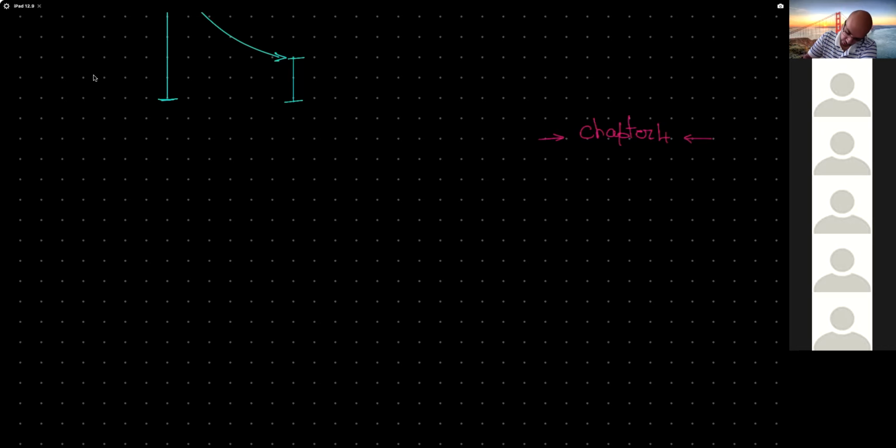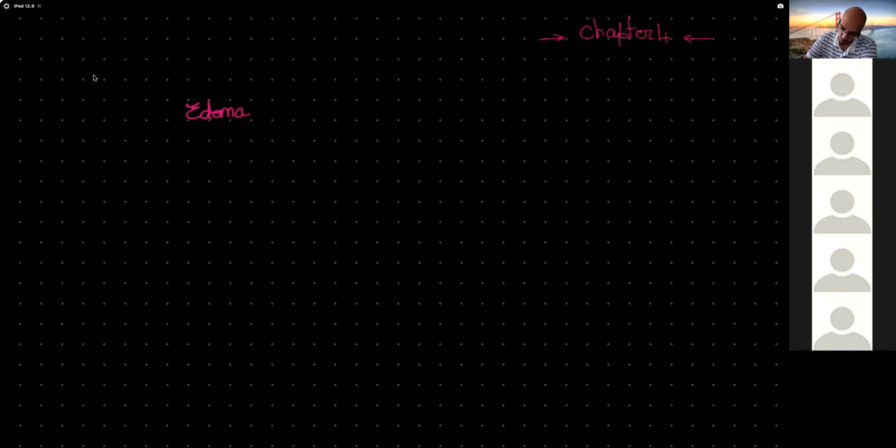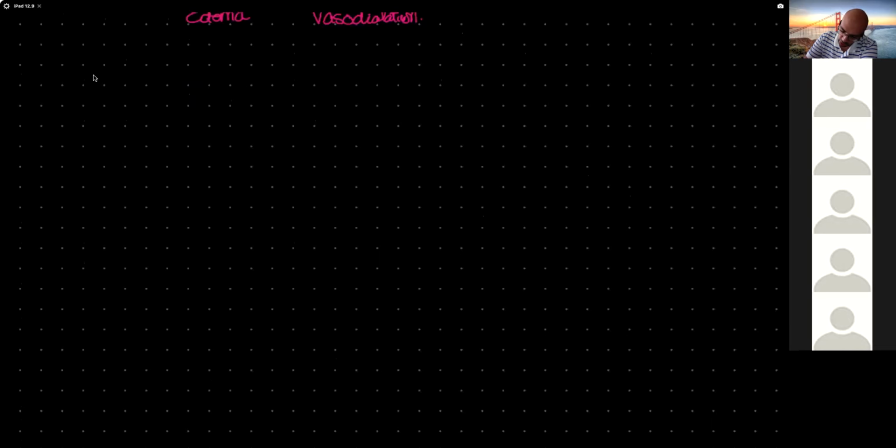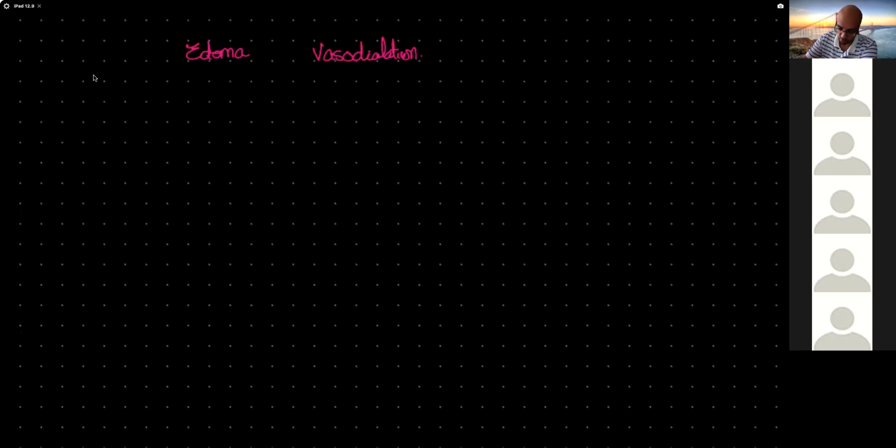Edema. Edema is taking place due to a vasodilation. And this is the accumulation of the fluid in your lamina propria, which is formed by the areolar connective tissue. All right, so what does this mean? So if I have any kind of irritation, trauma, infection,